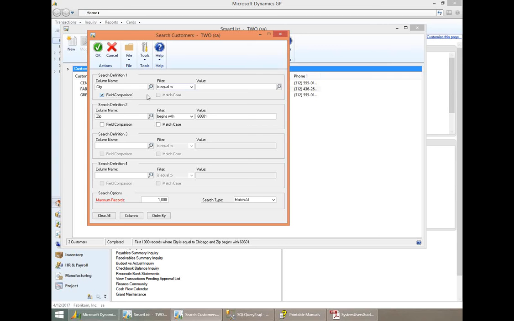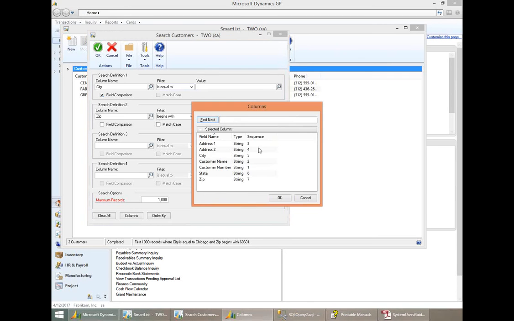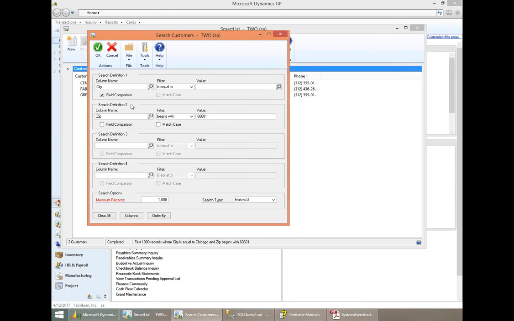So when I click that checkbox, this changes to a lookup, and then I can look up by other fields. In this example, it doesn't quite make sense, but I just also wanted to mention that you do have the capabilities of searching based on another field in the system and those results. You can also do match by case if you wanted to match the case of your criteria that's entered as well. So I'm going to put this back to Chicago